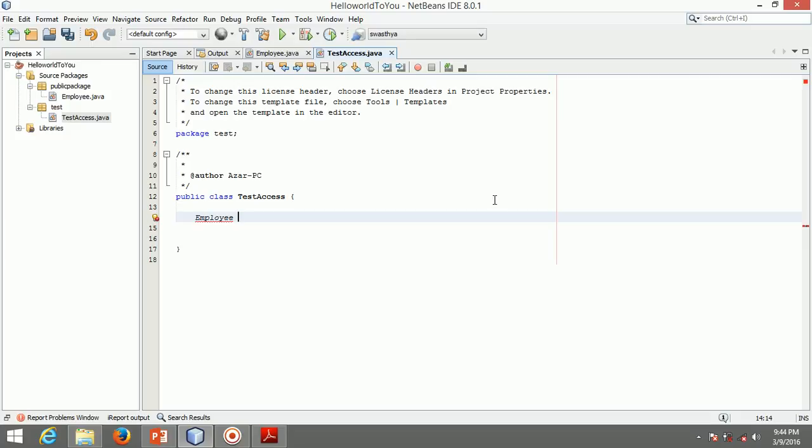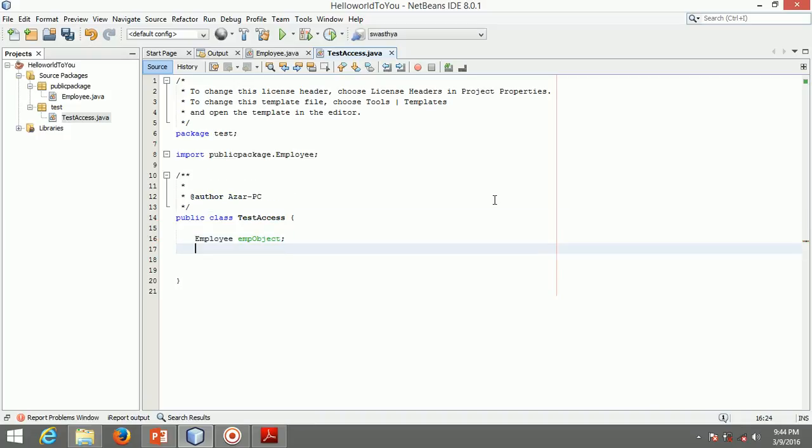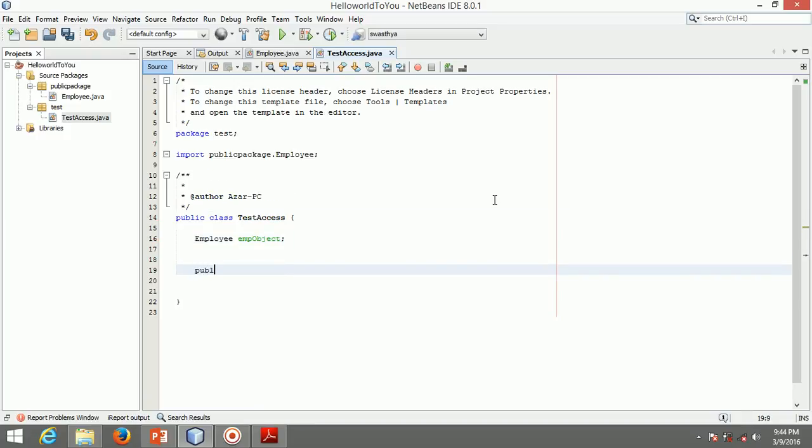Employee emp object. Let's create an employee object, public test access.